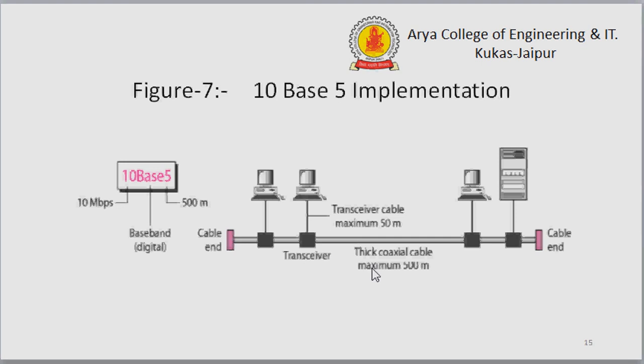ThickNet uses the bus topology. It is the original 802.3 medium specification and is based directly on Ethernet. 50-ohm coaxial cable is used in this. Maximum length of cable segment is 500 meters. We have to use repeaters if the length is to be increased further. At the most 4 repeaters are allowed to be used. Hence the effective length of the medium is around 2.5 km.